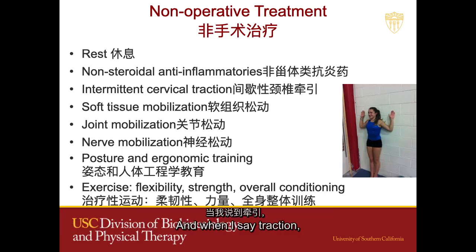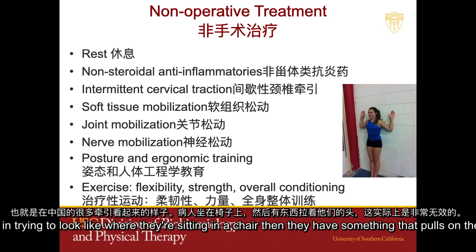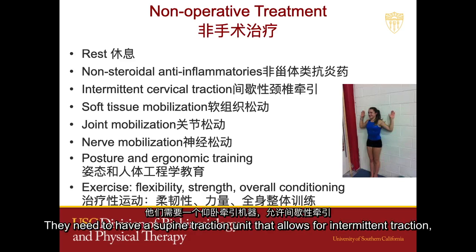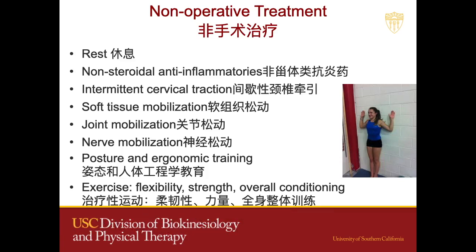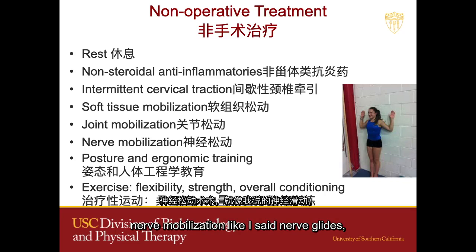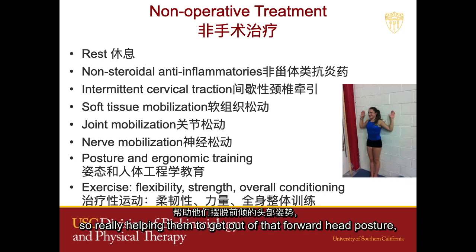And when I say traction, I don't mean traction sitting, which is what a lot of the traction units in China look like, where they're sitting in a chair and then they have something that pulls on their head. That actually is very ineffective. They need to be supine. They need to have a supine traction unit that allows for intermittent traction, meaning it turns on and it turns off. Joint mobilization, nerve mobilization, like I said, nerve glides, posture training, so really helping them to get out of